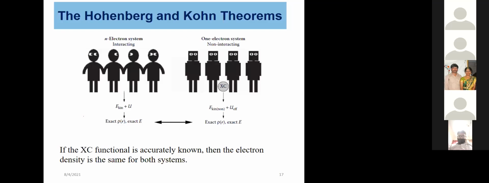So our n electron system that is interacting, previously in Hartree-Fock, before this Hohenberg-Kohn theorem. So the ideal picture is the electrons are interacting with each other. You cannot neglect the interaction. So we have the kinetic energy of the system and we have an external potential energy of the system. There are two terms of the energy: kinetic energy and potential energy. And when we solve our Schrodinger equation to get this kinetic energy and potential energy, we get our ground state density and our total energy. Okay. So if we modify this picture,